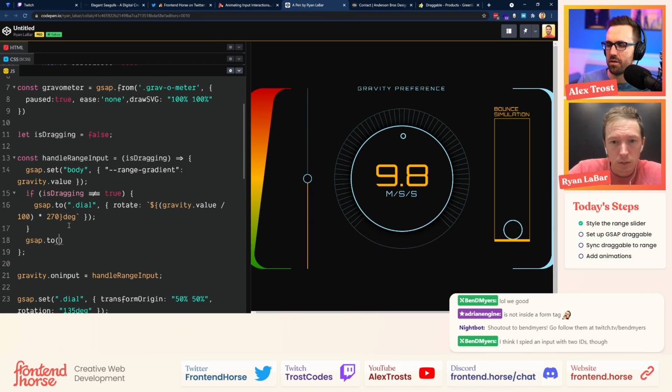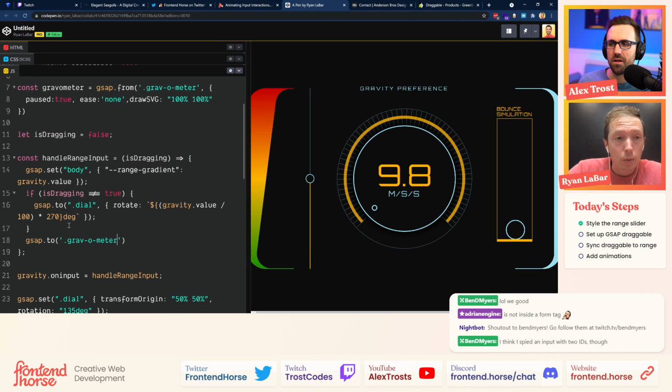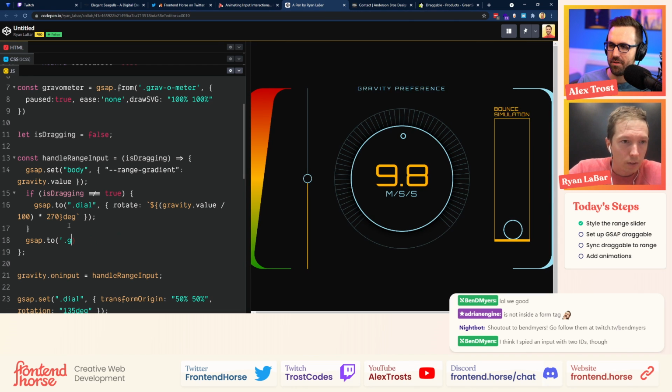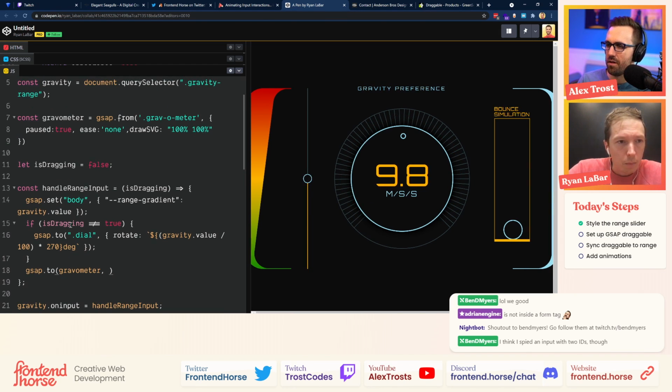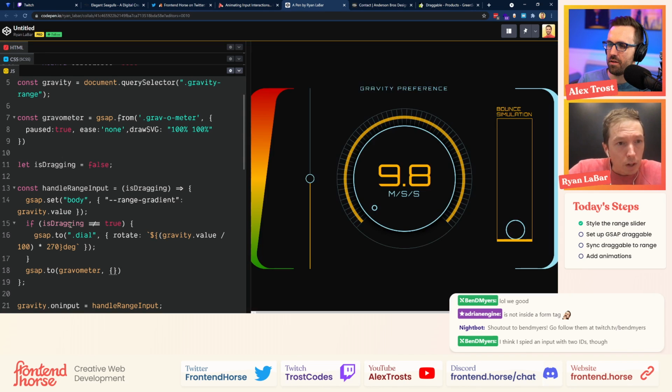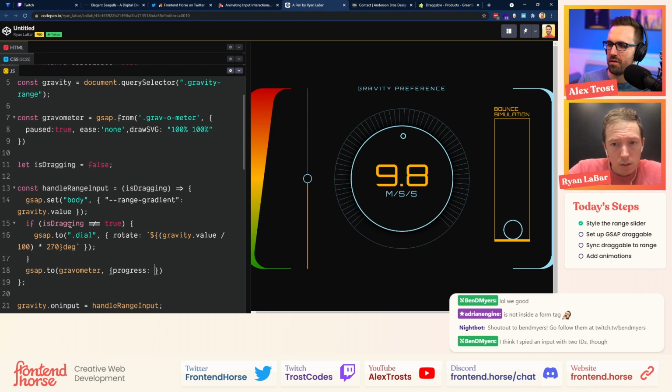gsap.to, gravometer. No, that'll just be the tween that we just set up, what we set as our constant. Okay, gravometer, comma, and then we'll open our object up. And then we'll set our progress. And then we'll do our gravity.value divided by 100